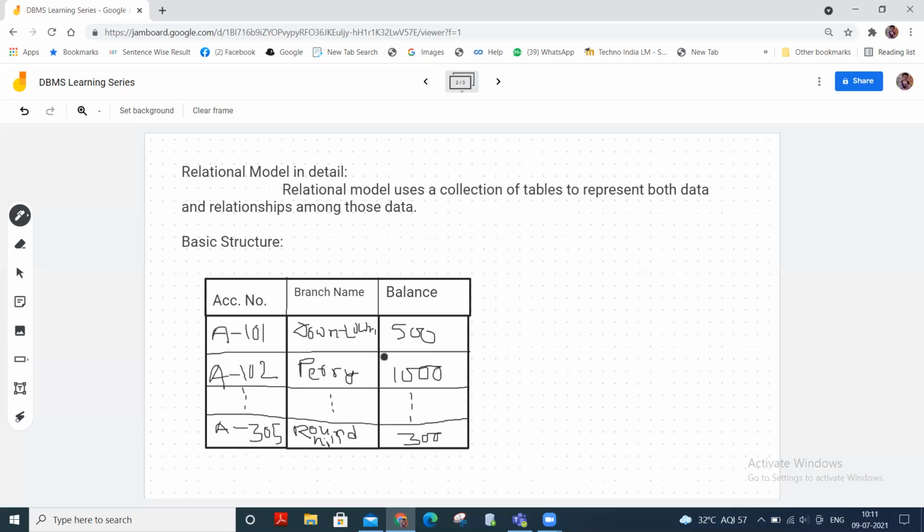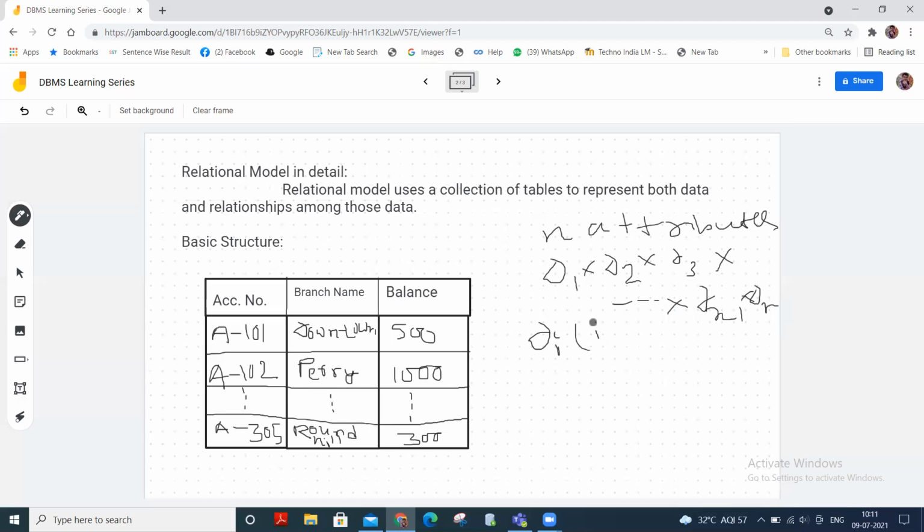A table of n attributes is a subset of D1 × D2 × D3 × ... × D(n-1) × Dn, where Di, with i equal to 1 to n, is the domain of attributes.